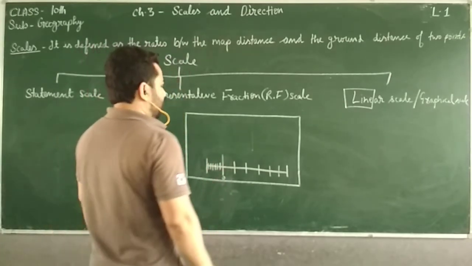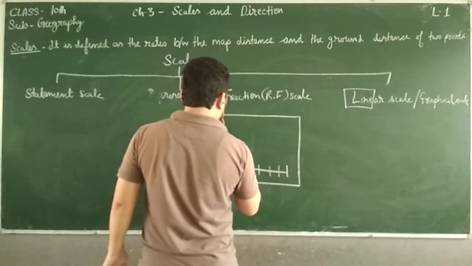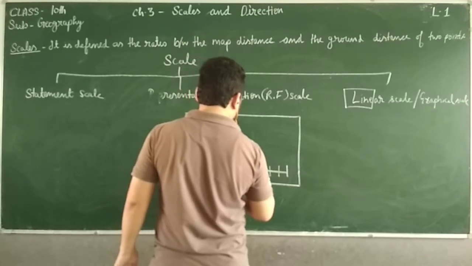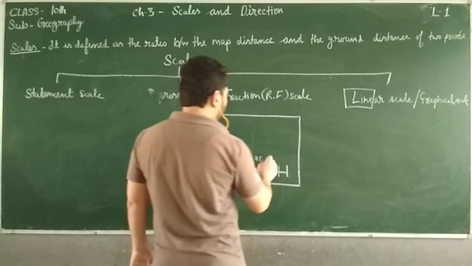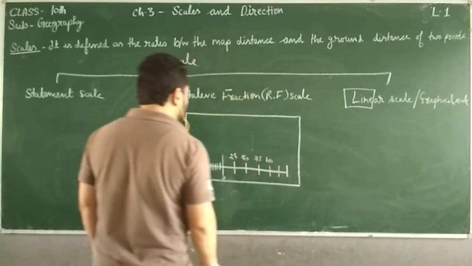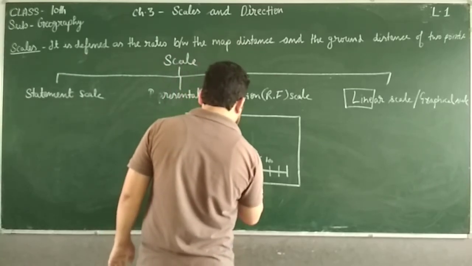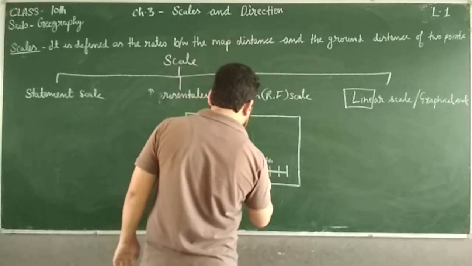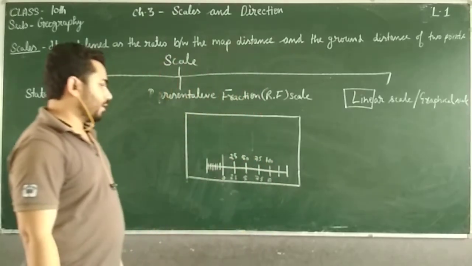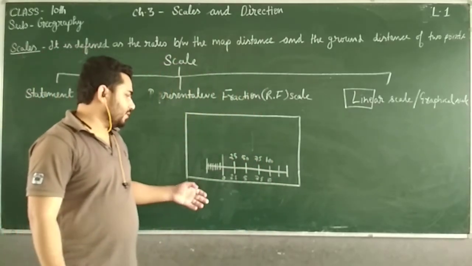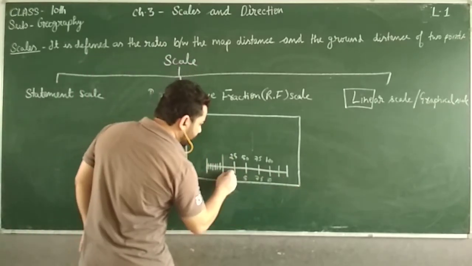Clear? Here upside it may be written 25, 50, 75 or 100, like this. Downside it may be written 2.5, 5, 7.5 and 10. It may be like this. So what is this? This downside one is